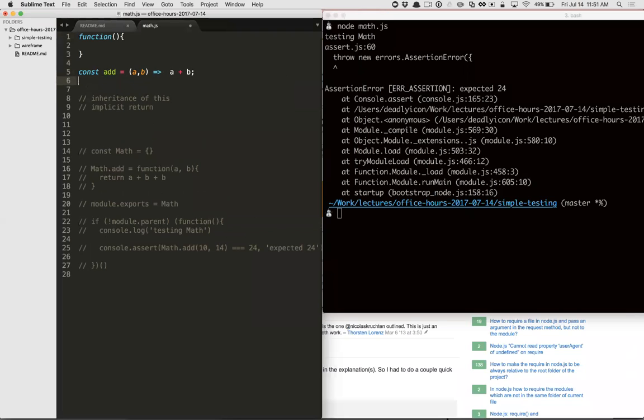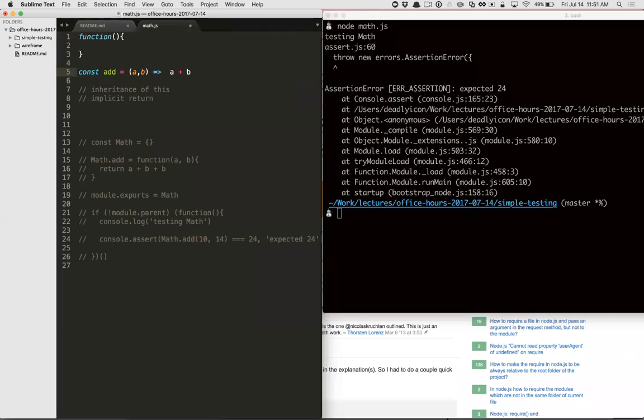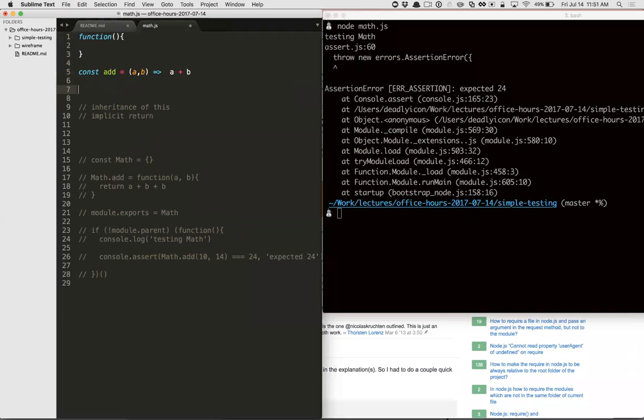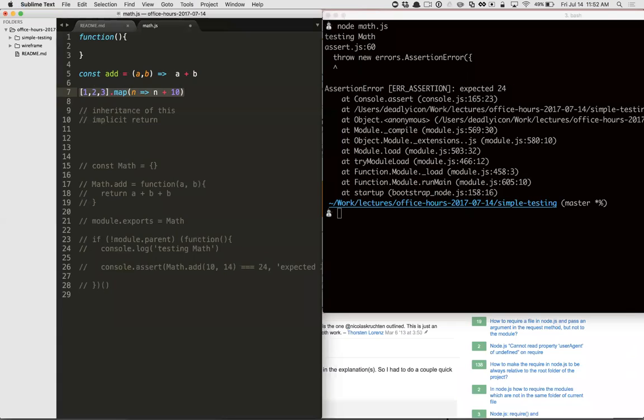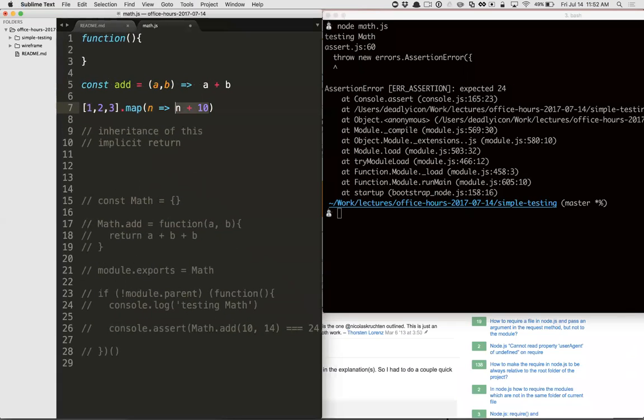This is just the end of the expression, right? So we can write short versions like that. This was actually made to make this kind of thing nice. Let's say we wanted to add 10 to everything in our array. This is a nice one-liner. It's much nicer than having to say function and curly braces and stuff, right? So if the return value of your single expression, no semicolons, no multiple steps, one operation, is important to the return of your function, then it's nice to use implicit return like this.